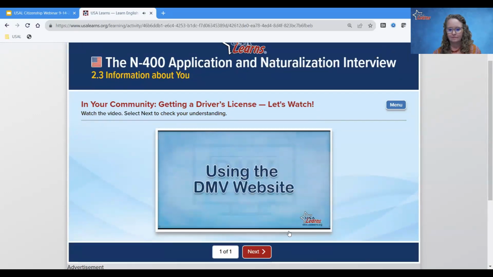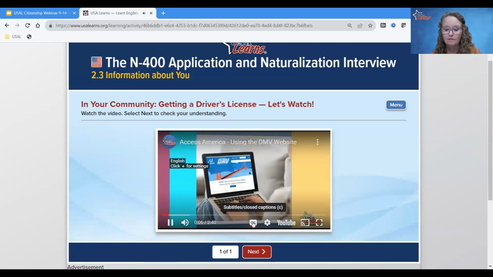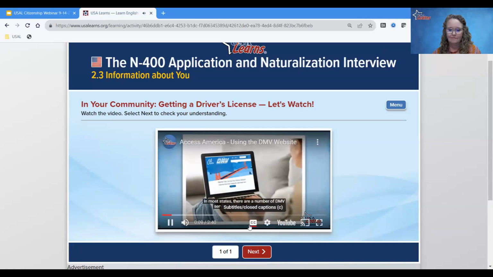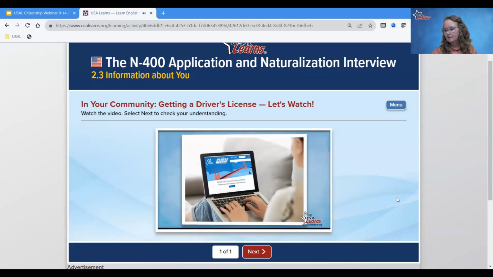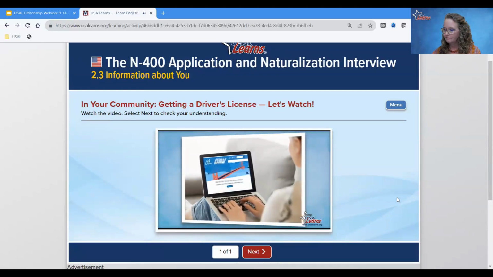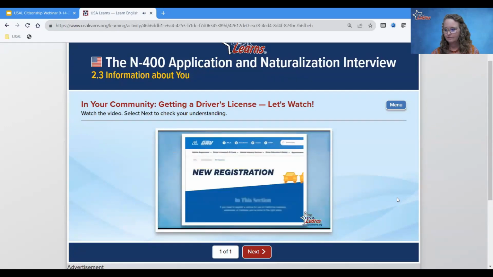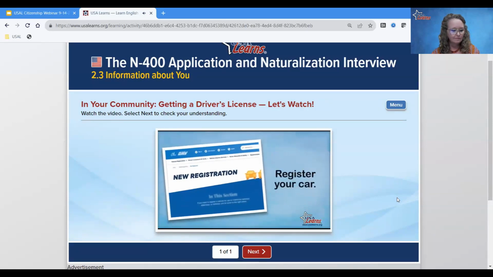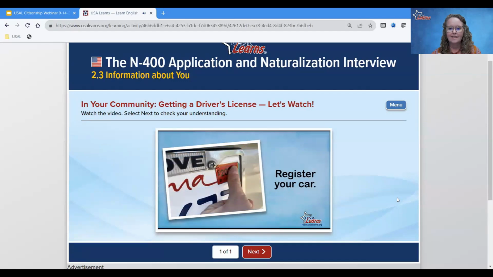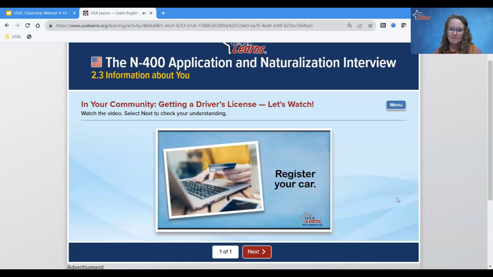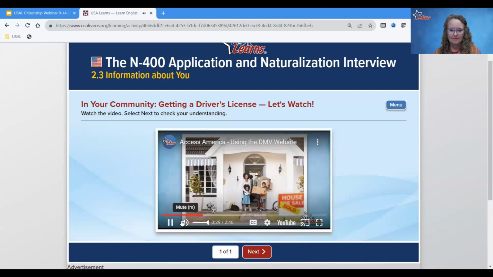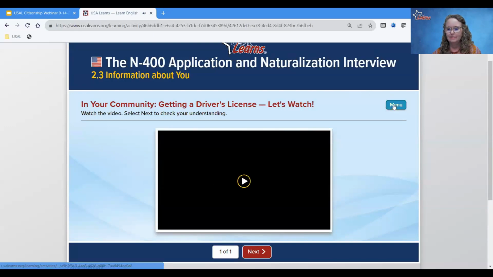Using the DMV website. In most states, there are a number of DMV services that you can do online. Using these services can save you from waiting in long lines at the DMV. For example, you may be able to register your car online. Every state requires car owners to have a current registration. You can usually pay the fee online and receive your registration sticker in the mail. If you change your address,